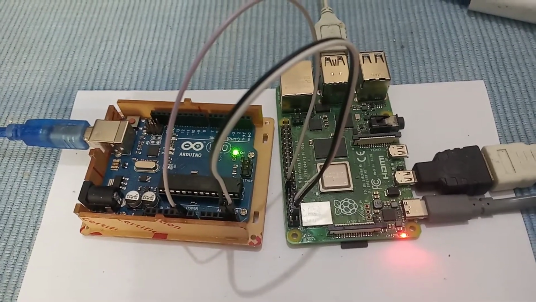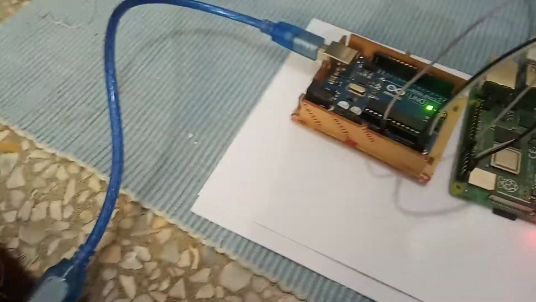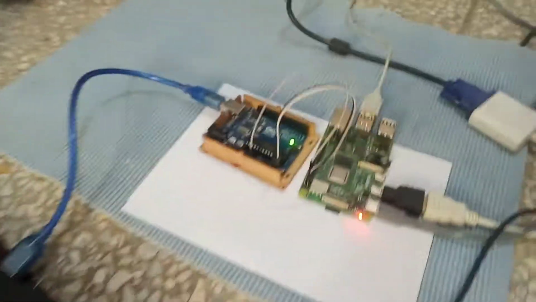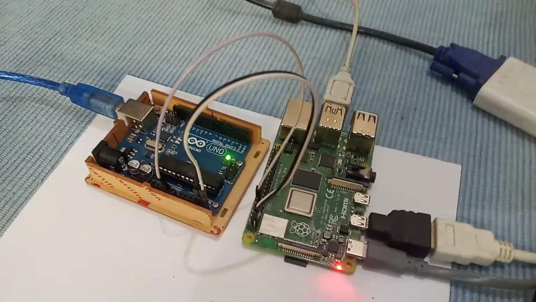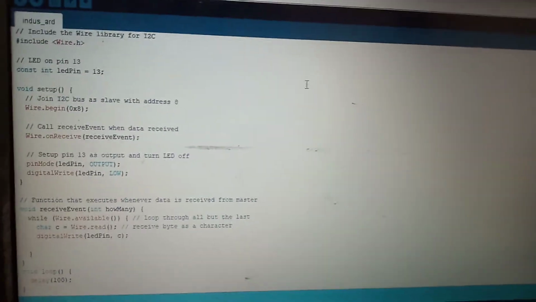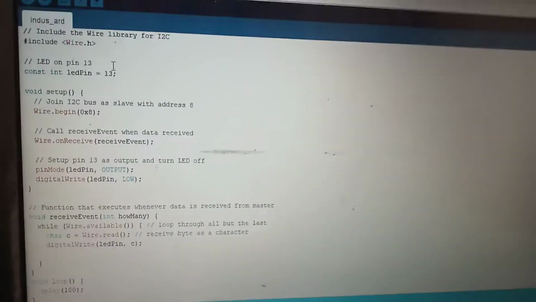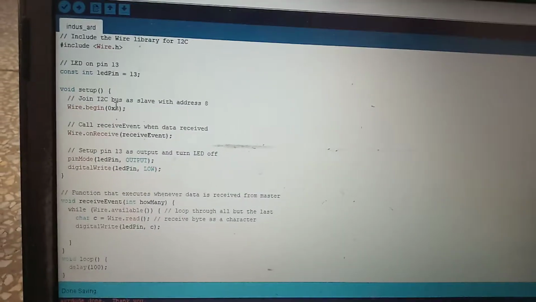So let us move towards the Arduino part. You can see the Arduino is also connected, and the code which is provided in the GitHub repository is on the Arduino. Now this code is also available on the GitHub. Let us start, and you can see in the Arduino code we have to tell the address.